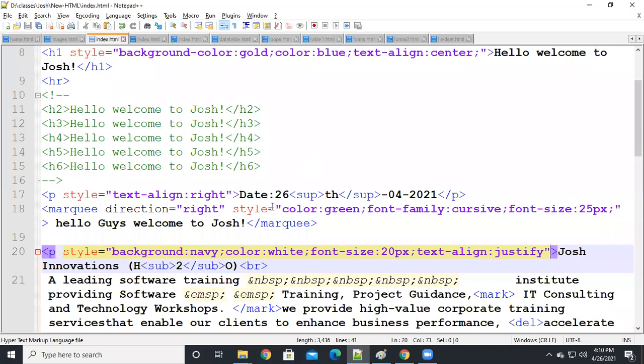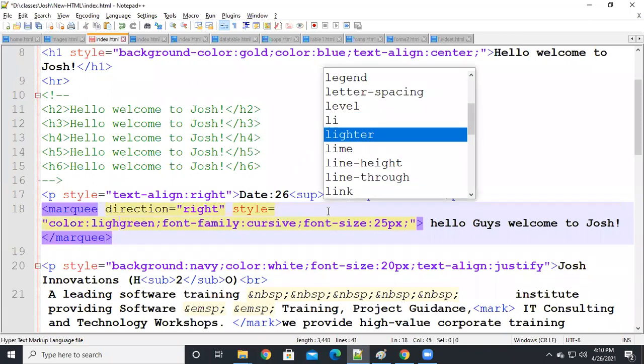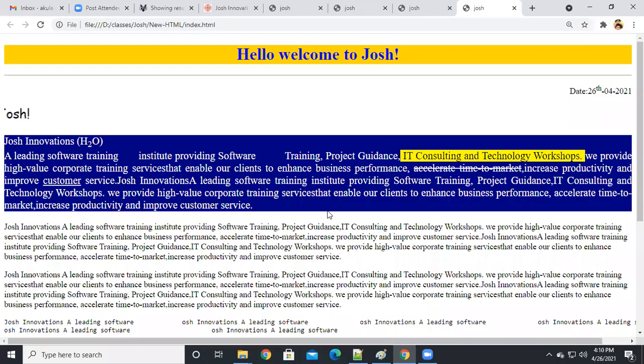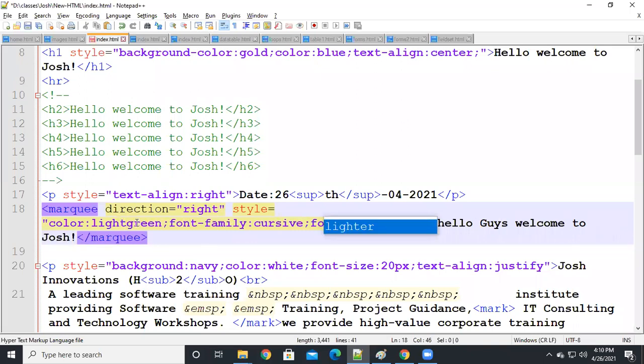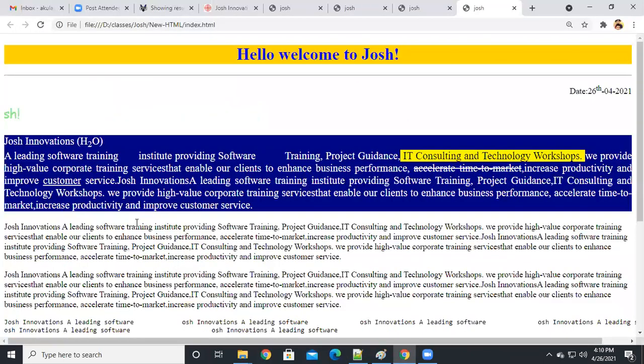Here it is green, right? Here I'm going to give light green. Don't give space. Light green. See, can you get light green? Light green. See, understood now, Vamshi? Yeah, don't give space.